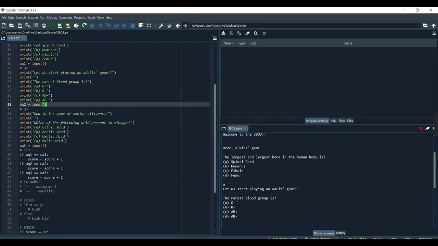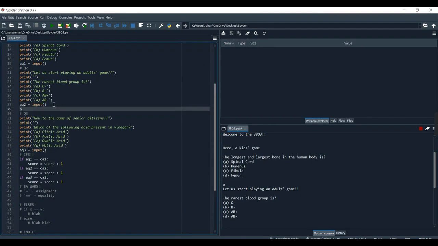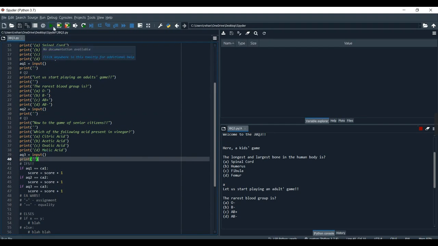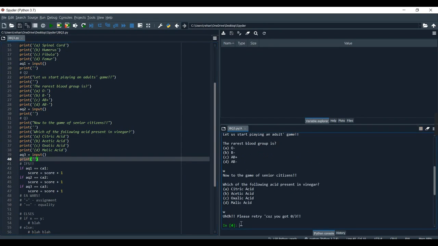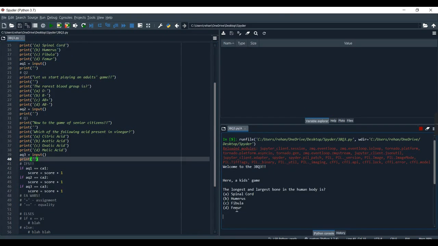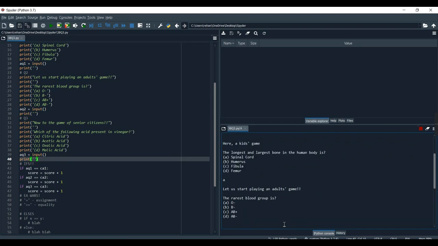And over here, guys, we should add an enter between these inputs also. So after every input we're going to be printing out nothing so that it looks better and cleaner. Okay, let's rerun it. Here a kid's game. The longest and largest bone in the human body is, let us start playing an adult's game. The rarest blood group is,